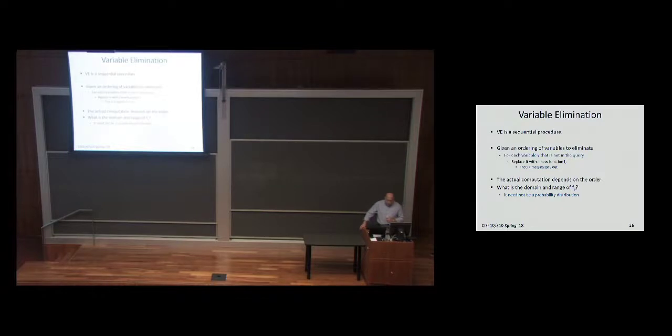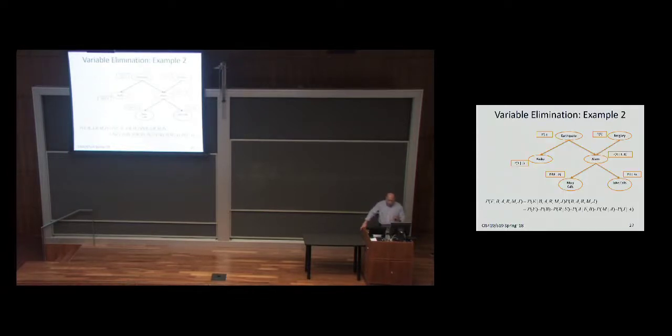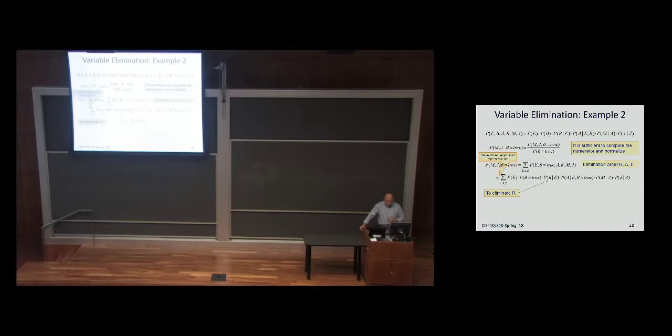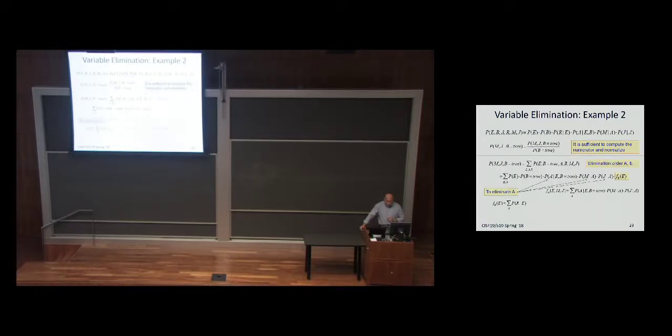In this case. So in the notes, and I'm not going to go over it, I did another example of variable elimination for this graph, a little bit more complicated, same idea. So if you want to really understand what's happening, you can go over this. You don't have to. I just want you to know that this exists. And as I said, okay, that's the example. I'm going to run over it.